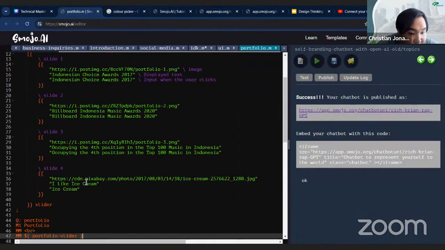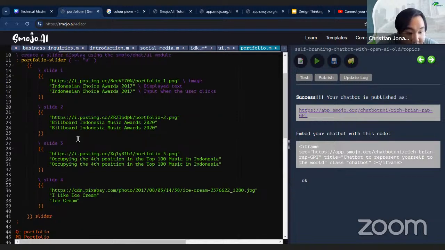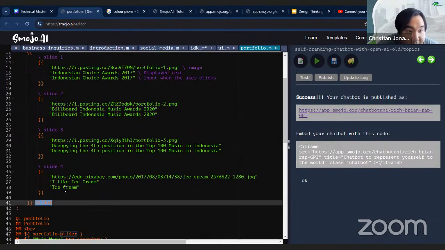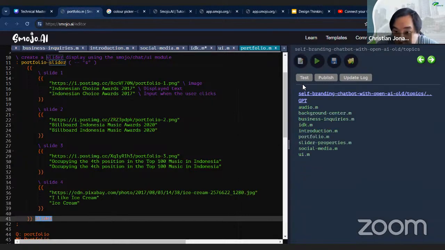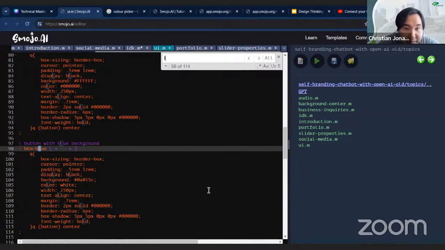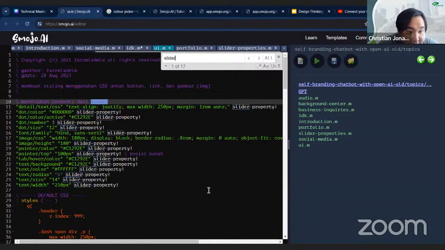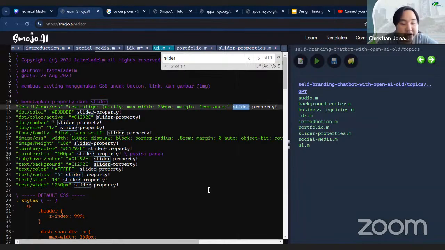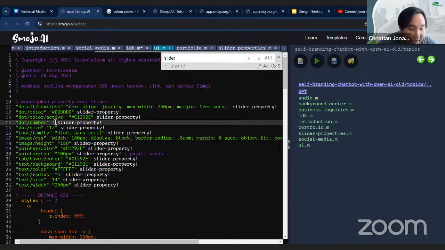Okay, the portfolio is using the portfolio slider, and then there's a slider. I think it's in UI.m. Let's try to find it. Okay, I think slider properties, or UI.m. Let me find the word slider. Ah, okay, you find this one. It's actually in UI.m, the dot number on line 14. So if I want to change the number of slides, I have to change the dot number here from 3